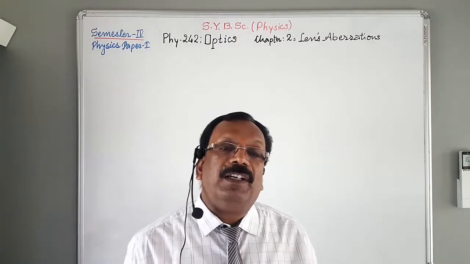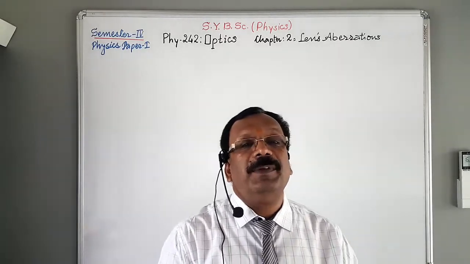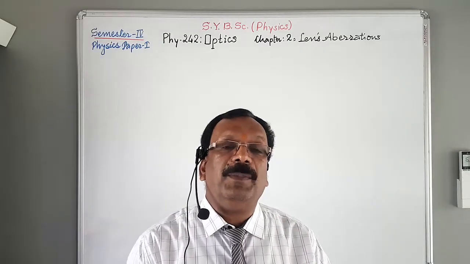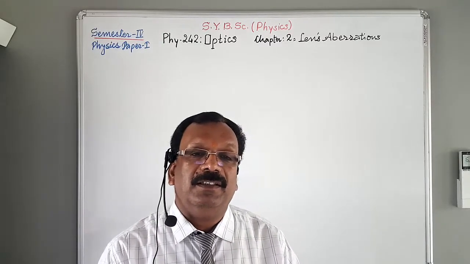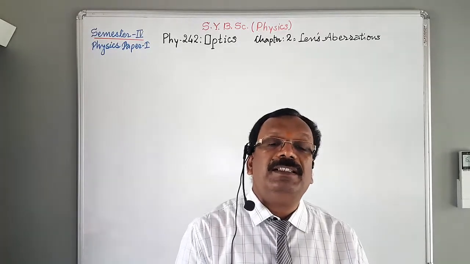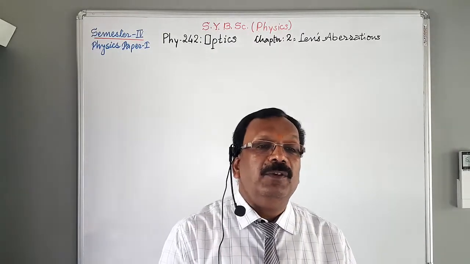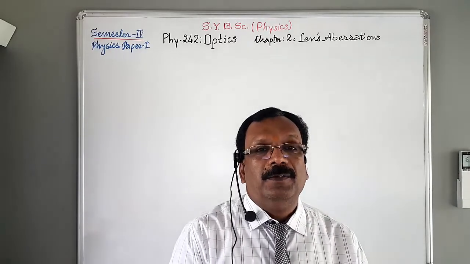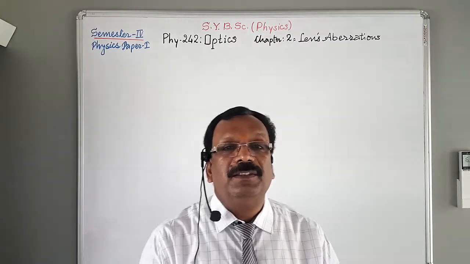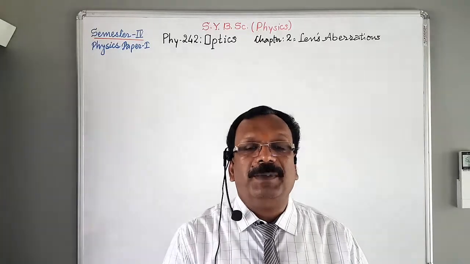Now we also studied the spherical aberration in detail, and in order to reduce the spherical aberration there are different methods. Out of the different methods we have studied a single method which is very easy to apply, with the help of which we can easily minimize the spherical aberration, and that method is nothing but reducing the lens aperture. Today in this lecture we are going to see the remaining methods which are used for minimization of spherical aberration.